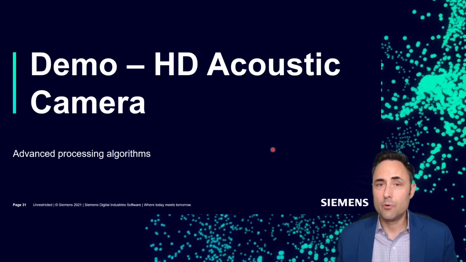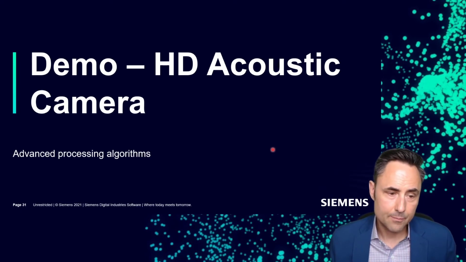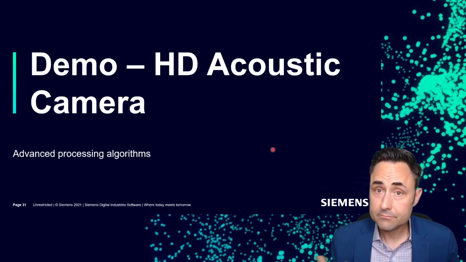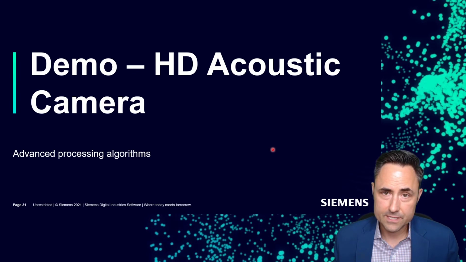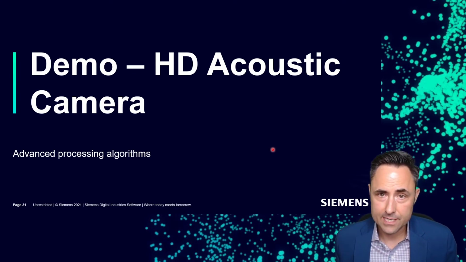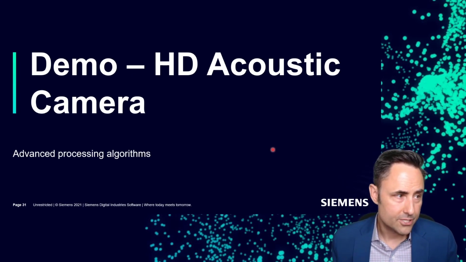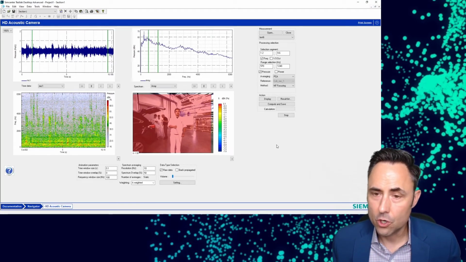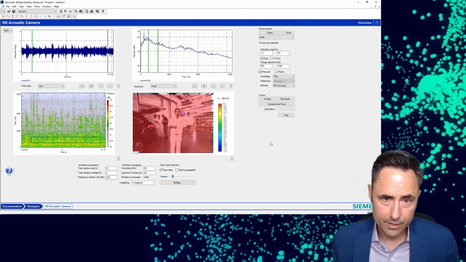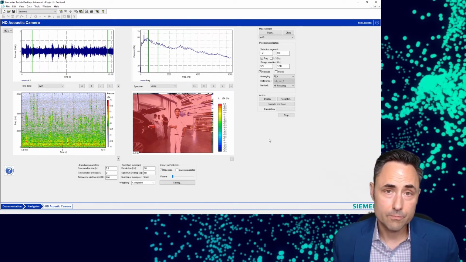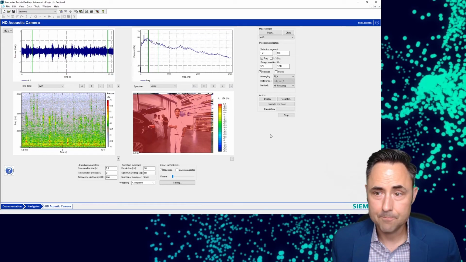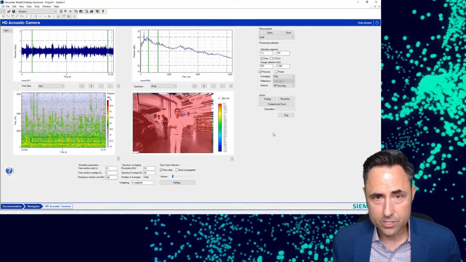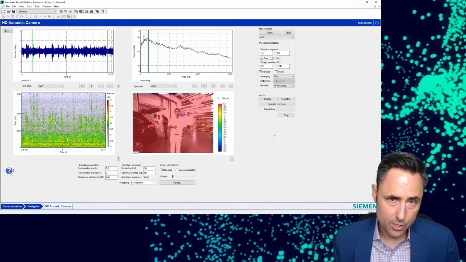So we're beyond the point and shoot type of setup, and we have a more sophisticated problem and need some more sophisticated troubleshooting. So we will get into TestLab. I take that same data from the Sound Camera and I can do some heavier hitting algorithm processing in TestLab. One of the things that we can do is called coherent noise processing.